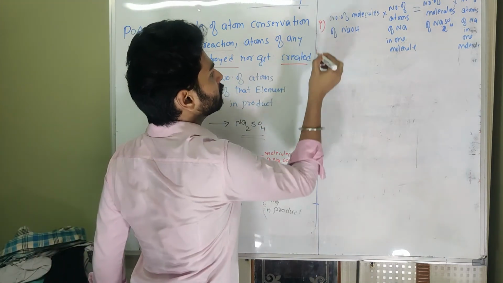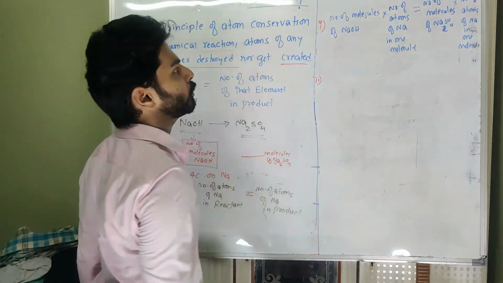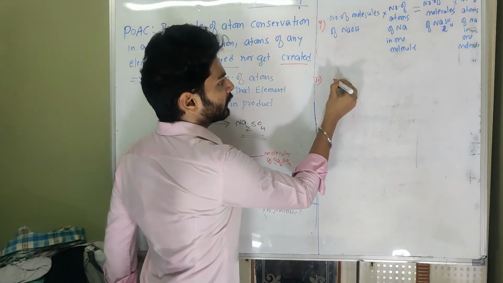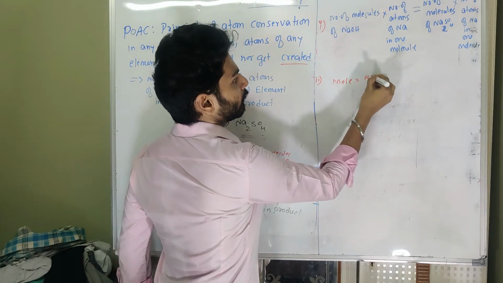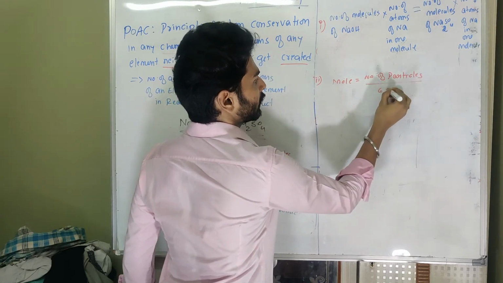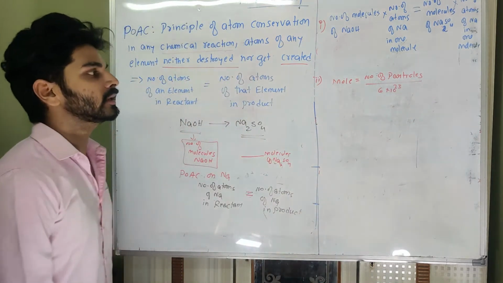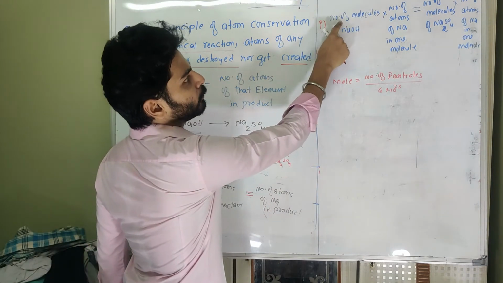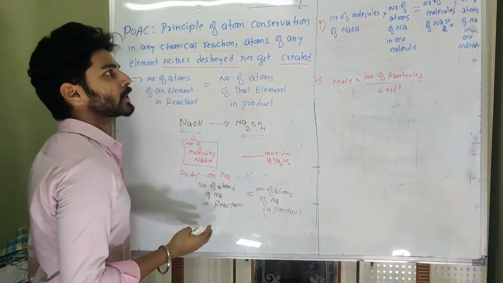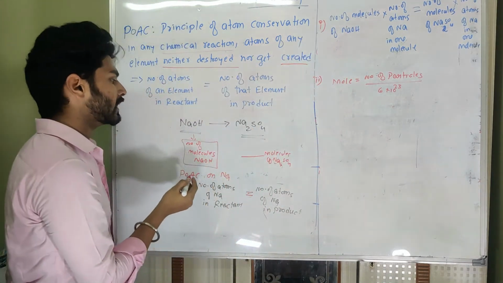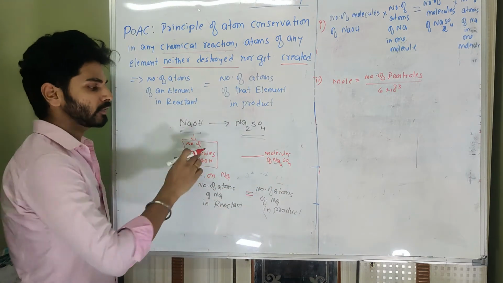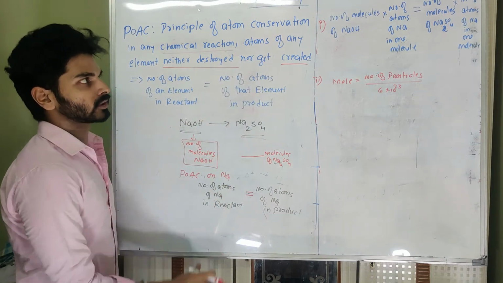This is one equation. The other equation is we can convert number of molecules into mole. How can we convert number of molecules into mole? We know that mole equals number of particles divided by 6 into 10 raised to 23. This is the basic formula that we have learned. Instead of number of molecules, that means number of particles, I want to substitute in terms of mole, because not necessarily all the time will molecules be given. They may say that 10 moles of NaOH reacts to give dash moles of Na2SO4. Then we have to have a mole ratio, not the molecular ratio.